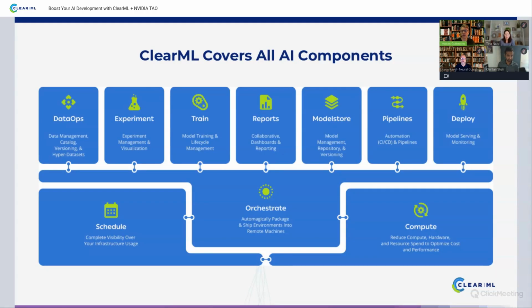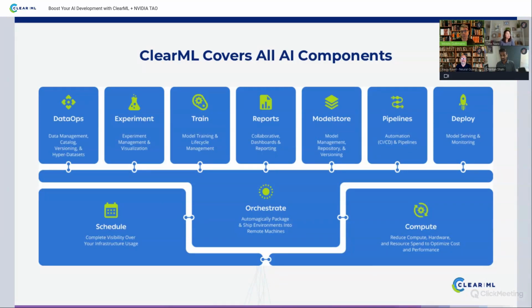And of course, shifting towards production, the model server and the model repository, pipelines, and automation, including integration into any CI/CD systems like GitHub, Bitbucket, GitLab, etc. And of course, deployment of models, both in embedded scenarios and on the cloud. TAO is a terrific example of an end-to-end optimized system. If you're using TAO, since it's optimized with TensorRT, then deployment with ClearML serving actually utilizes NVIDIA Triton, which means you're getting the best performance in terms of hardware and software combination.